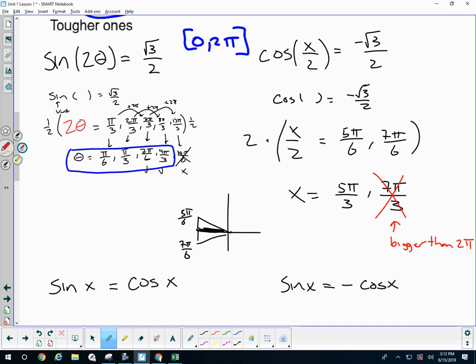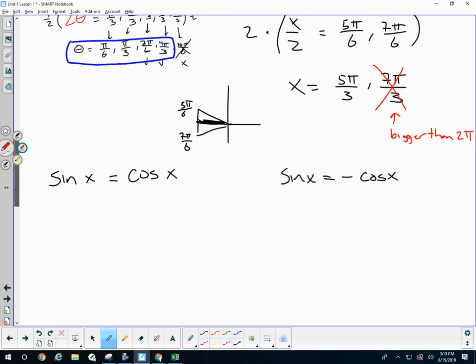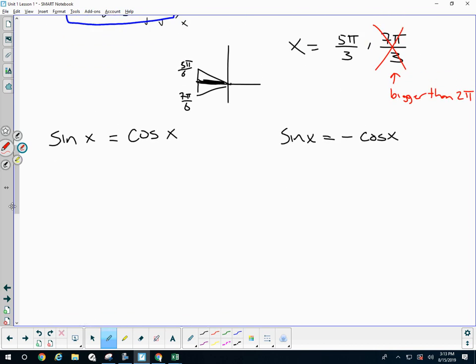Look at the next two. These sometimes confuse students. I'll show you a way you can do it so that it makes sense. Now, which triangle has the vertical side length and the horizontal side length the same? 45, 45, 90, the pi over 4 triangle, right? A lot of people will look at this and say, okay, sine is positive and cosine is positive at pi over 4. That's my answer, but